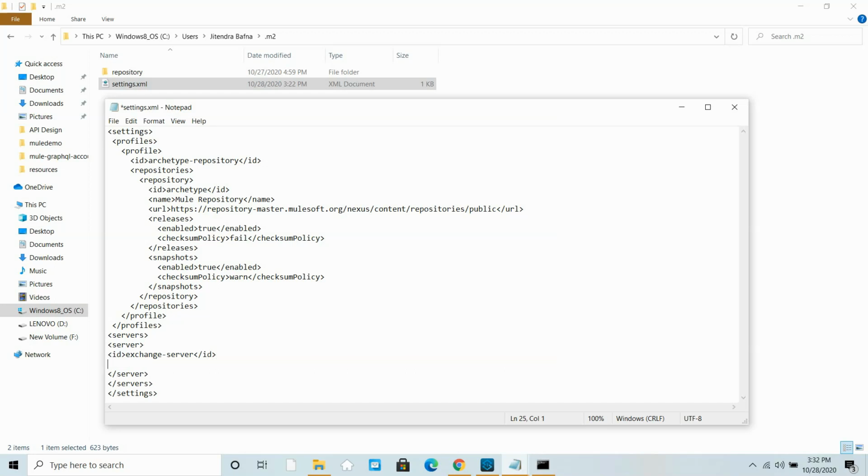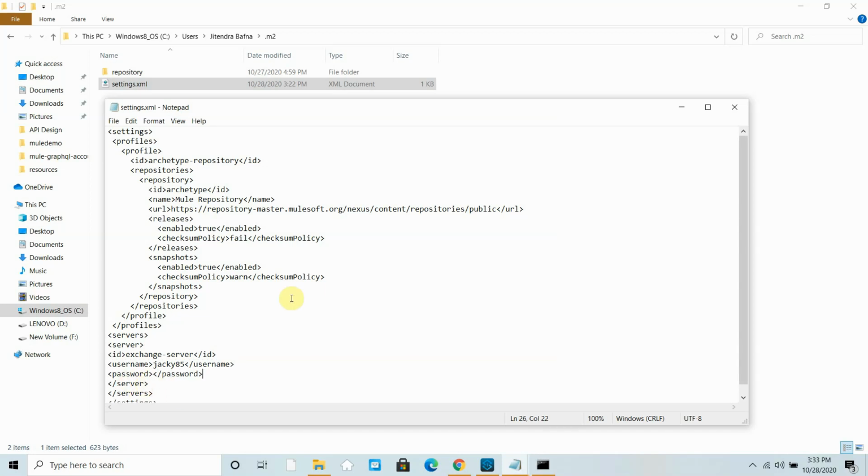Then you have to define your Anypoint Studio username. In my case it's this, and the password for Anypoint platform. I will not write the password in front of anyone, so I will write it later. So you have to write the Anypoint platform password.